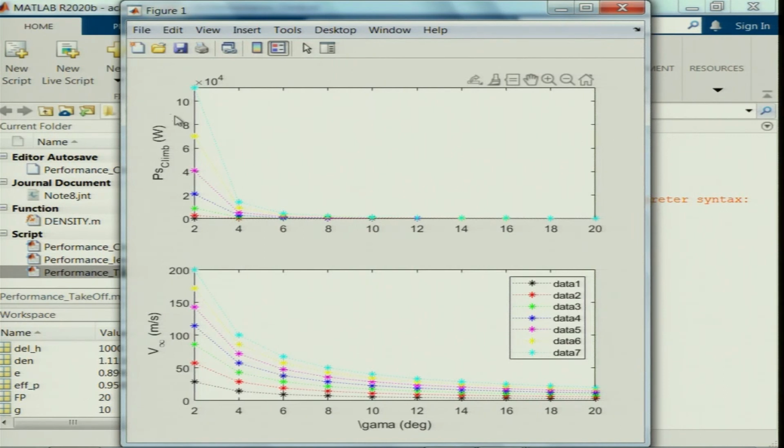That is why the overall power requirement during this is about, say, 10,000 watts, which is like 10 kilowatts, right. Similarly, the corresponding flight velocity is 200 meters per second if you want to achieve a rate of climb of 7 with a 2 degree climb angle, and it drastically decreases, you can see, when the rate of climb is 7. So, it has to be just 20 meters per second, right, the forward velocity, and